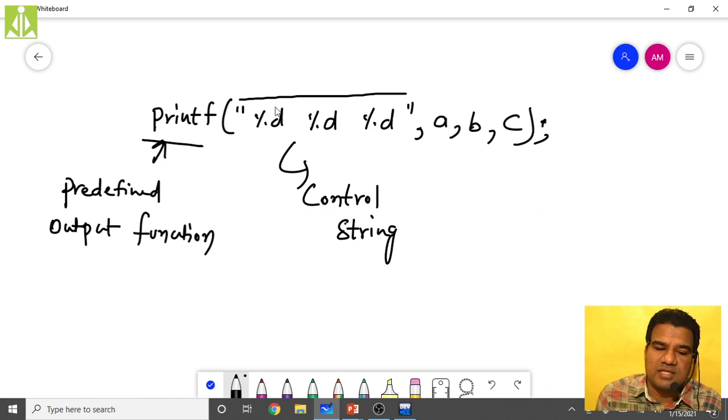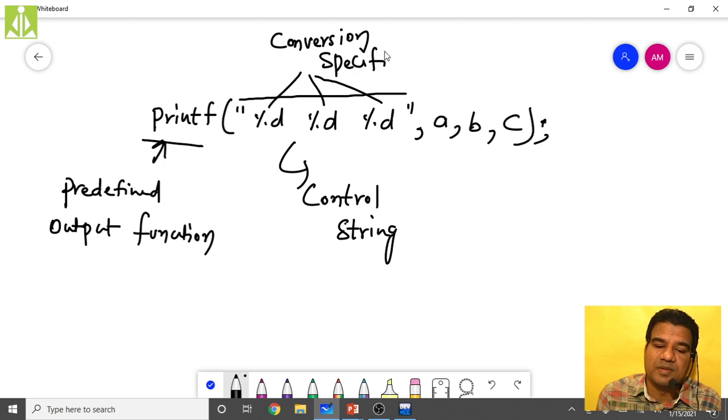Now, these things, this percent d, percent d, percent d, whatever we have over here, we call them conversion specifications. And these are data values. Whatever we are passing over here, we call them data values.